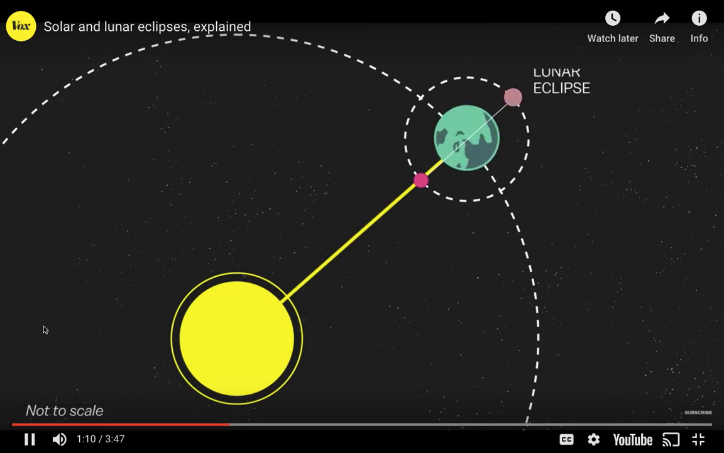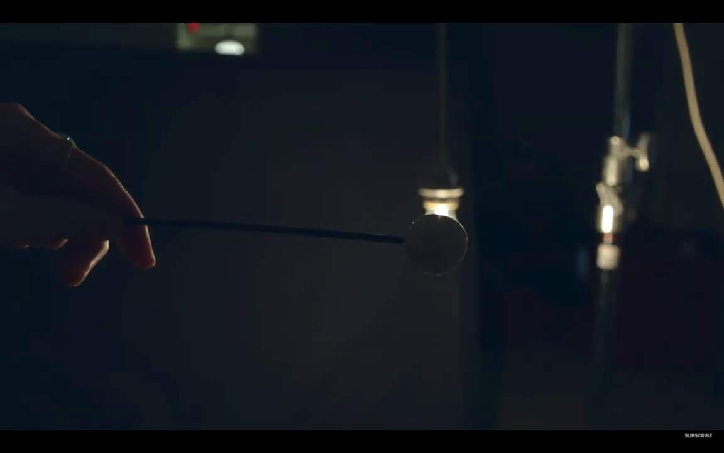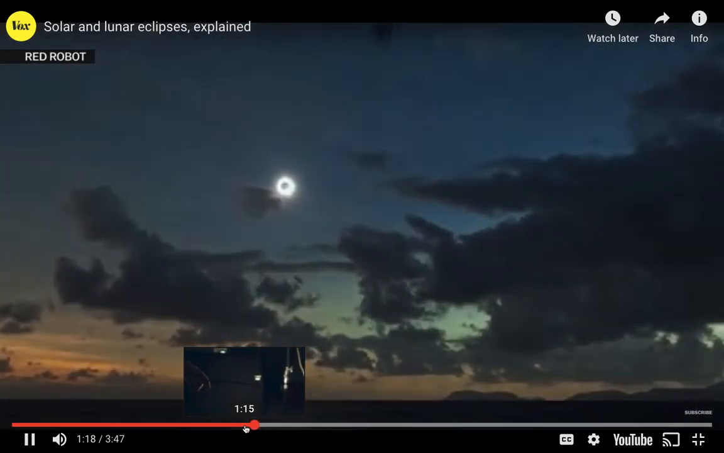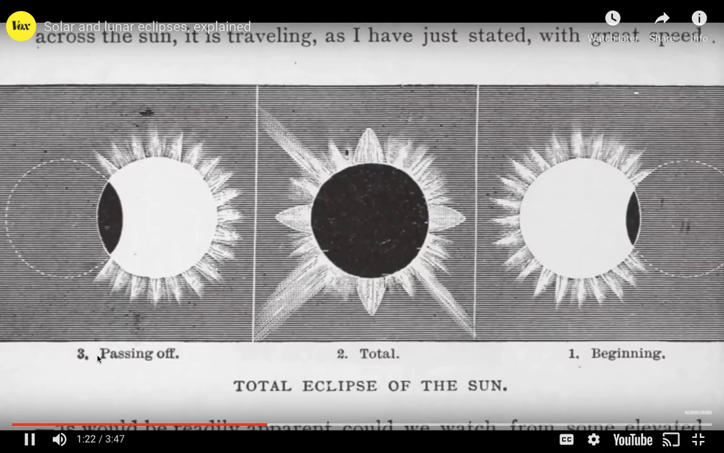If it's behind Earth at that time, we get a lunar eclipse. In a total solar eclipse, the moon completely covers the sun from the vantage point of some place on Earth. This is possible because, by coincidence, the sun and the moon appear to be the same size in our sky,